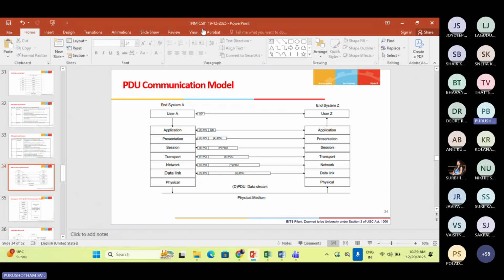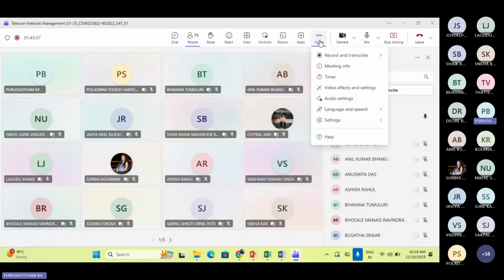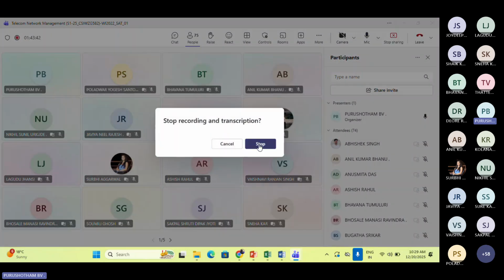Yes, any questions? Let me stop the recording meanwhile. If you have any questions, please do let me know. Guys, hope you are clear with my speed, or am I fast or slow? You can suggest to me so that accordingly I can